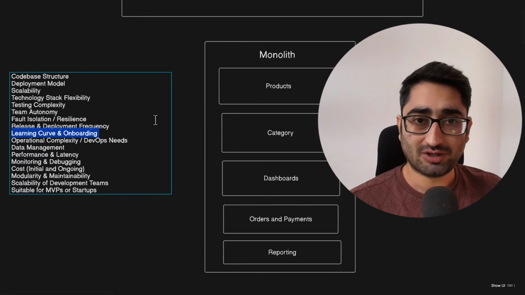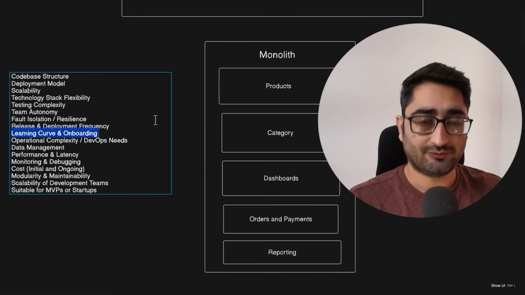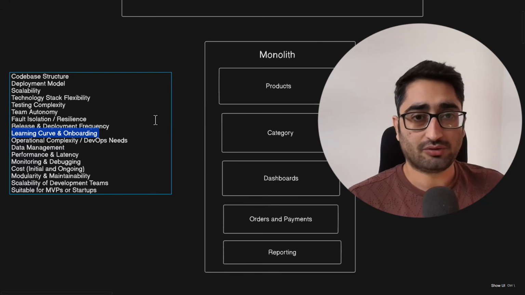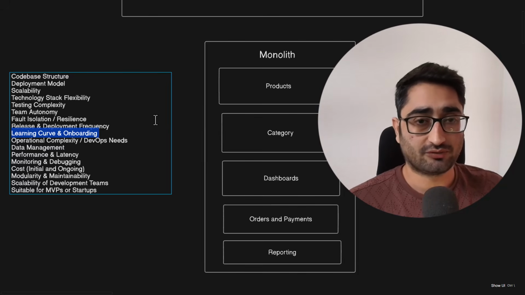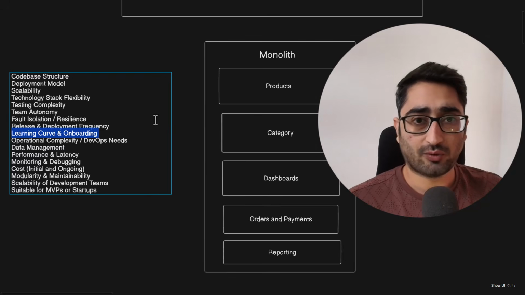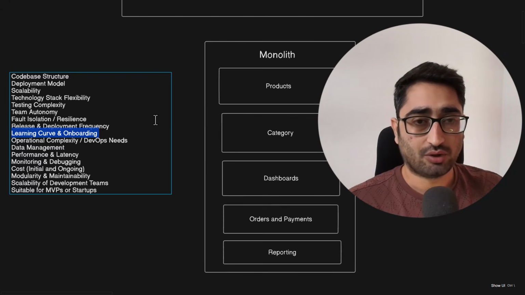With a monolith architecture, things are pretty much straightforward. You have a single app, and you get access to a single code base. You might have some internal documentation that you maintain, and additional things you need to figure out. But with microservices, there is a little bit of a learning curve. You might understand how one service is working, and you also want to understand how others are consuming this particular service, or how services are dependent on each other. So there is a little bit of a learning curve for new members generally, and there are also more new concepts involved with microservices, like how service-to-service communication is happening,